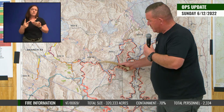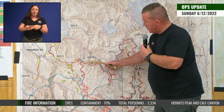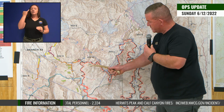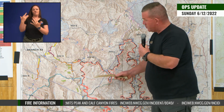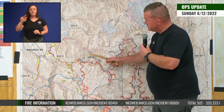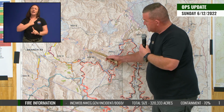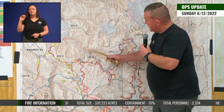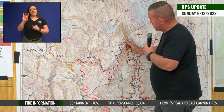We're satisfied right now with the way this looks that we were able to call this contained. So that means that we don't believe that fire, even under some of the unfavorable wind conditions we're going to get over the next couple of days, is going to move beyond this line. That's a really big deal, especially for the Sipapu ski area, for everyone that lives in Gallegos, and I'm sorry, I forgot. I haven't had to talk about these names in a while. Tres Mochas, and there's a name right here that I should remember, but I don't. And also the risk of the fire crossing over the 518 road